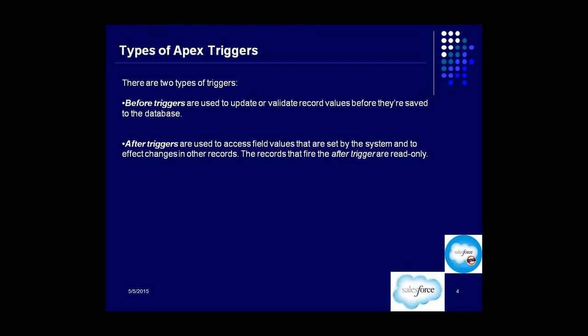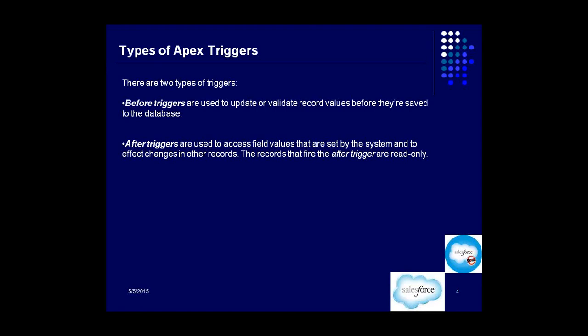Okay, the records that fire the after trigger are read only. So the record which is in context, the one which got inserted, that is read only. Okay. So it's a simple logic. Let's say you're entering a record into the system and your trigger gets executed at that point of time. Let's say my record is IBM Limited, which is getting inserted into the database. All right.